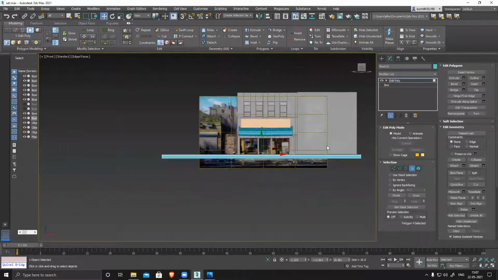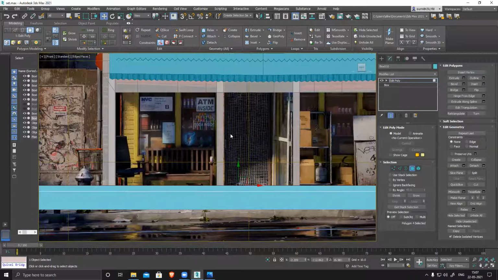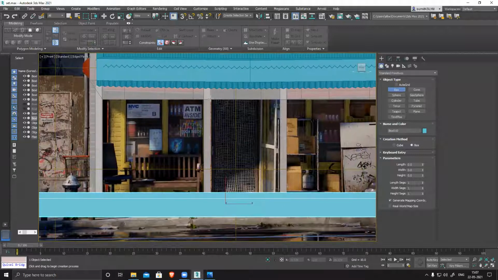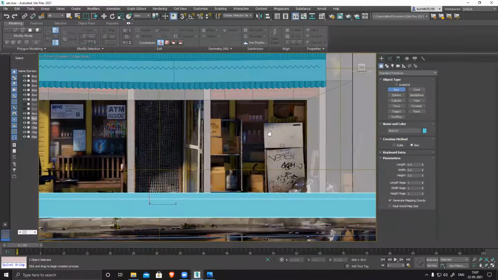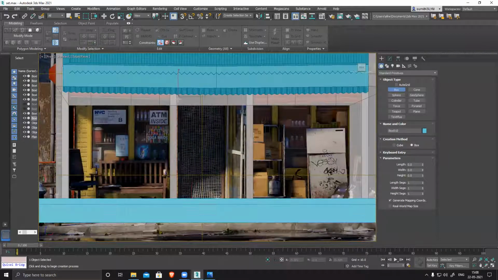Now go to front again. Now I can clearly see there's a door. So this door is basically a box with the frame. So I'm going to use this thing. And you can see the top part you cannot see here, so that section I have to cover. And one more thing, this is the main building, and on top of that you have those shades and other areas. Those things also have to be created.